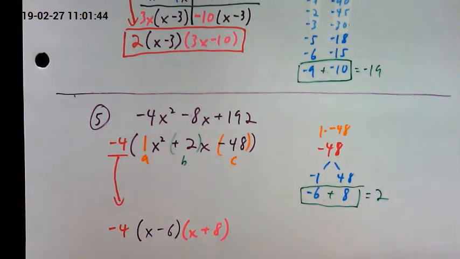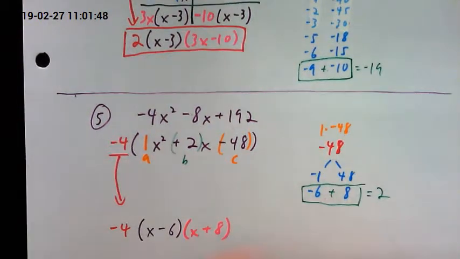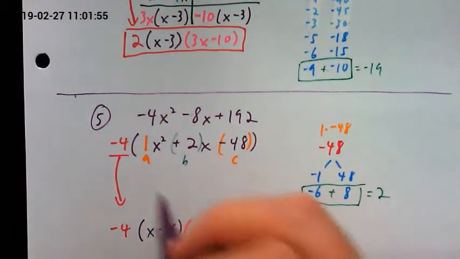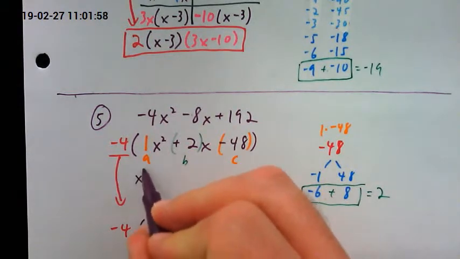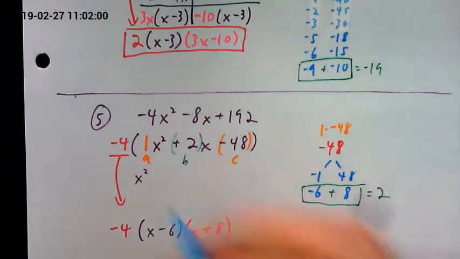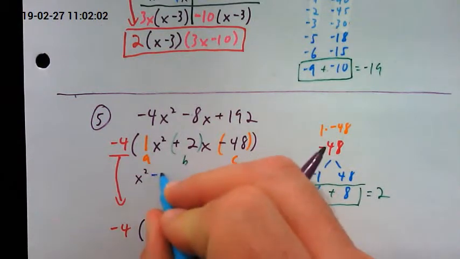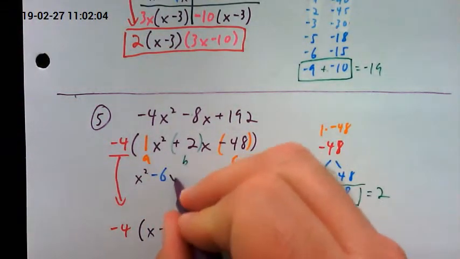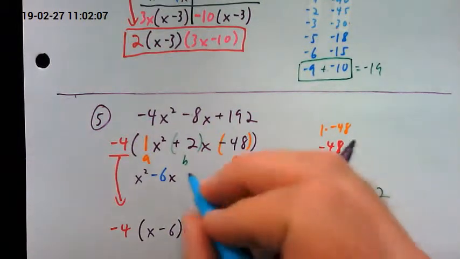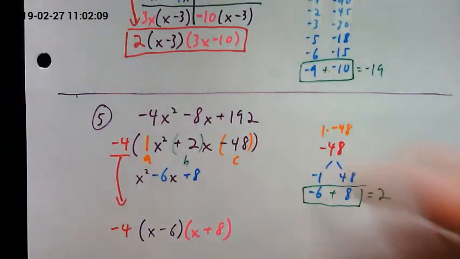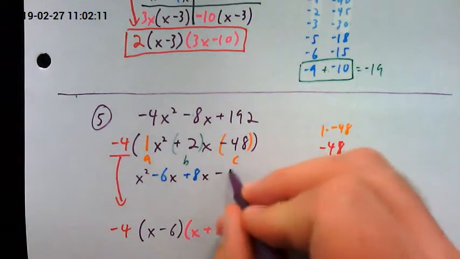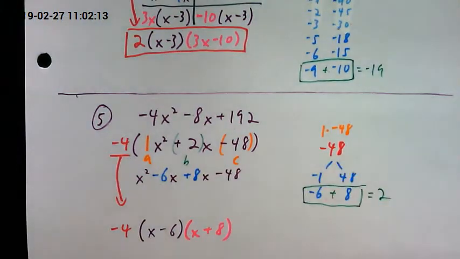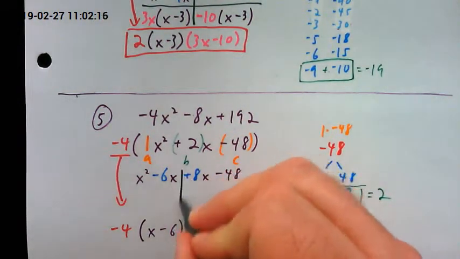Now, I'm going to show the rest of the work as well, just so you see that that shortcut works. But again, I'm showing you that we could have went straight there. Now, if I rewrite this, again, I'm using that to split the middle term. I would have had x squared minus 6x plus 8x minus 48. I would have done my factoring by grouping,